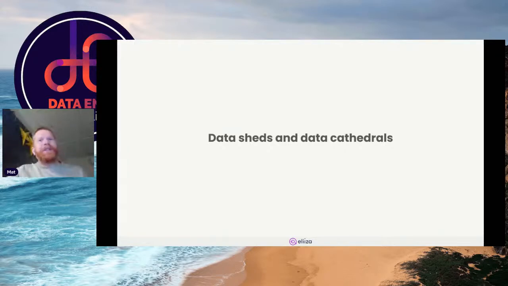In the years that I've been working in data, building data platforms and building horrendous online advertising platforms with data, I've noticed two anti-patterns which keep occurring. These are what I've called data sheds and data cathedrals. What I want to do in this talk is delve into what these data sheds and data cathedrals are, and why they are preventing us from succeeding in making our data buzzwords come true when we build data platforms.